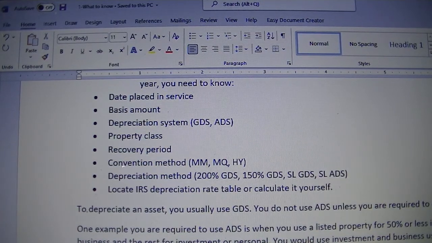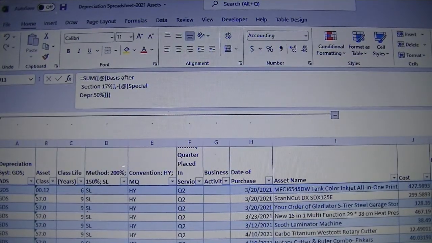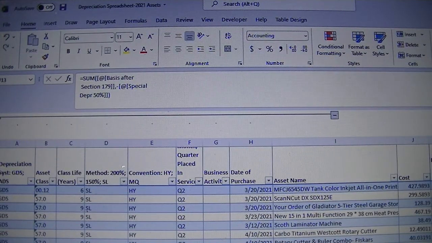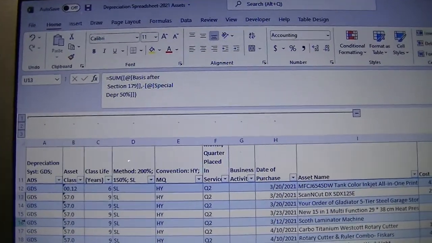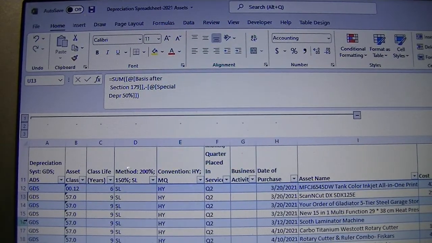So now let's go back to the depreciation spreadsheet. So we know we are going to use GDS. So how do we figure out the rest? Depending on the asset you have,